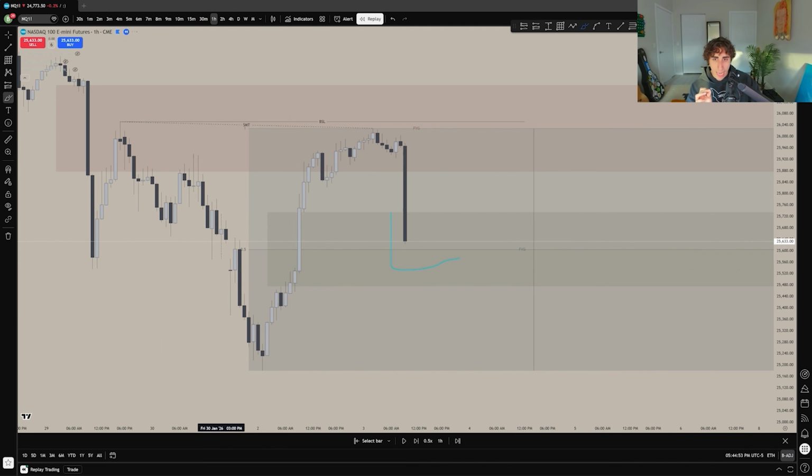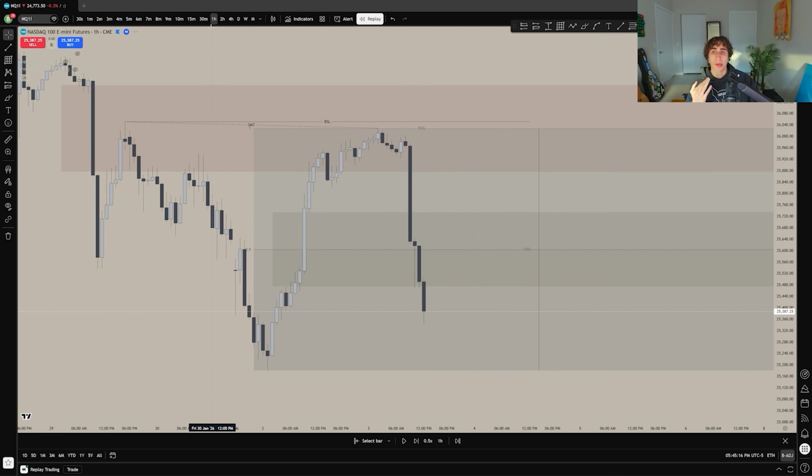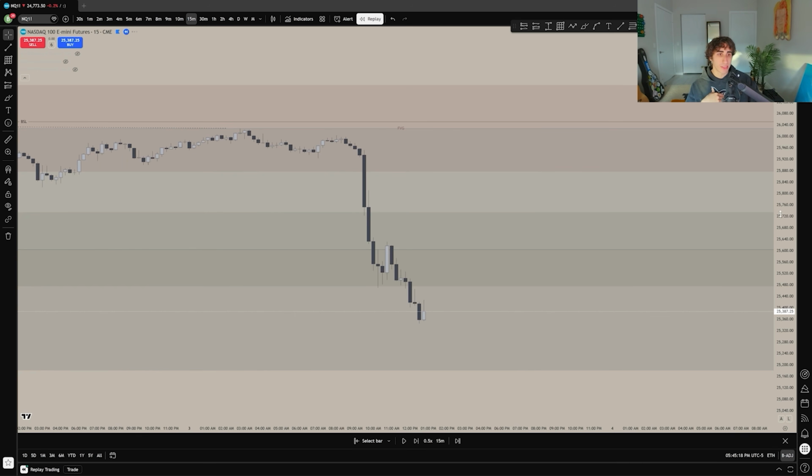This is a very clear hourly gap that we have right here. And if we displace through this, then what can we expect for the market to then go lower? And you can see here, we're on the hourly time frame and we are just running through equilibrium of this range. Now for even more confirmation, you can go down to like the 15-minute time frame